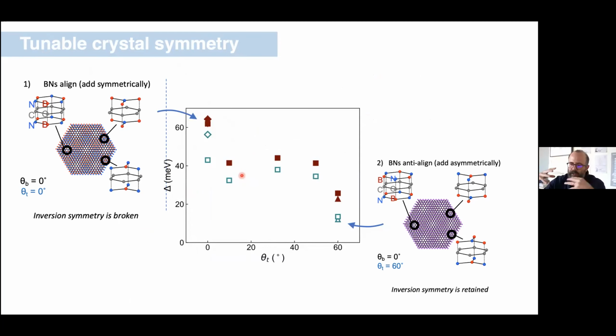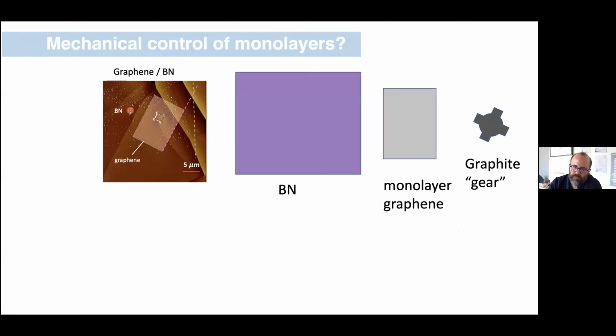And you sort of have to think through a little bit why this happens in this way. But in the end, what we're really doing when we're tuning this system is we're tuning the overall symmetry of the crystal. So this is something I didn't talk about previously, but one of the things that really dictates the properties of the material, one way to account for how the atoms' positions dictate the properties of the material, is through symmetry arguments. In this system, what we're saying is that we can rotate this system dynamically from being basically mirror symmetric, or I think it's inversion symmetric in this case, to non-inversion symmetric, as we make the BNs aligned or anti-aligned. And in one case, we have a gap. In the other case, we fully suppress the gap. Okay, so again, that's just really interesting and a new level of control.